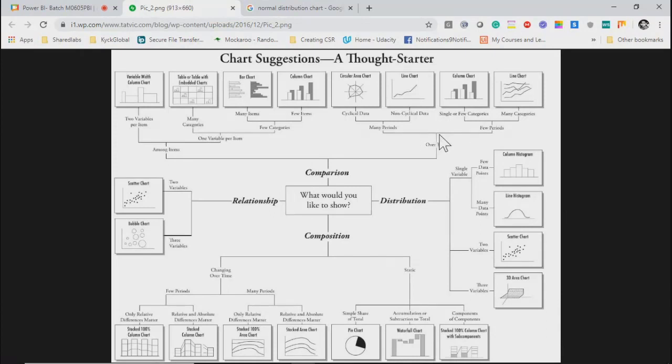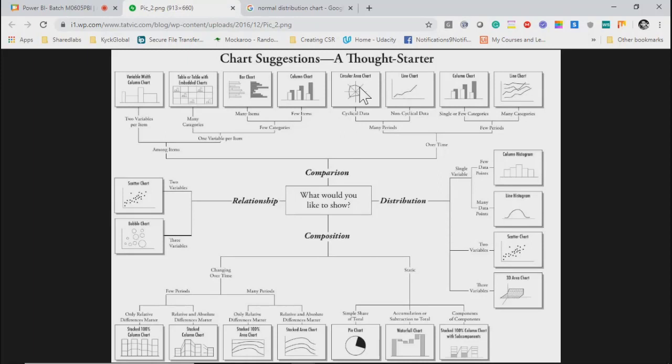So if it is over a time period, then you will go to this particular area. Either you will plot a line chart or column chart. This is again a line chart, multiple mini categories. This is the circular area chart, which generally we don't plot, but you can do this also if you understand. The problem is some charts are very complex, or only people who are involved in statistics can understand them, right?